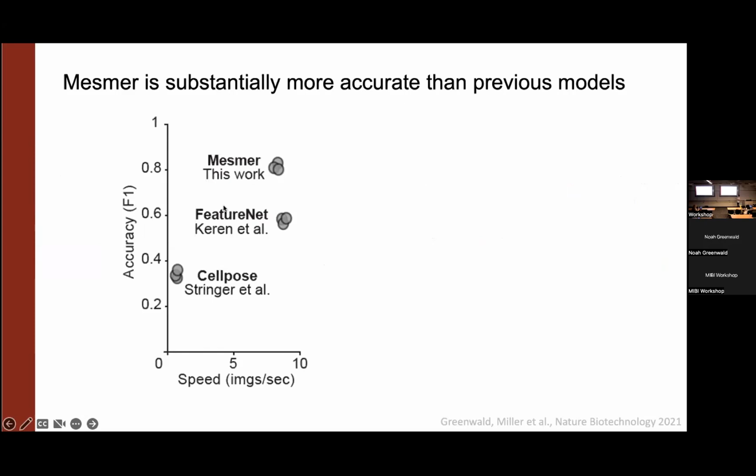So one of the benefits of having this much training data is that it resulted in a model that was really accurate. Here we're comparing it to the model that was published in our first Cell paper in 2018 from Liat, and also another model that was released at about the same time. The speed is equivalent, and the accuracy here, F1, where 0 is total disagreement and 1 is total agreement, is much, much